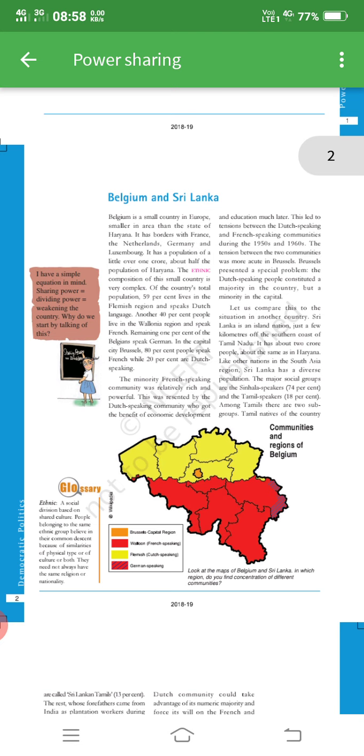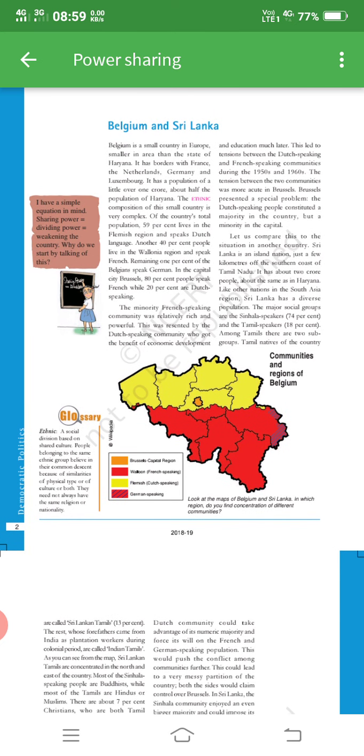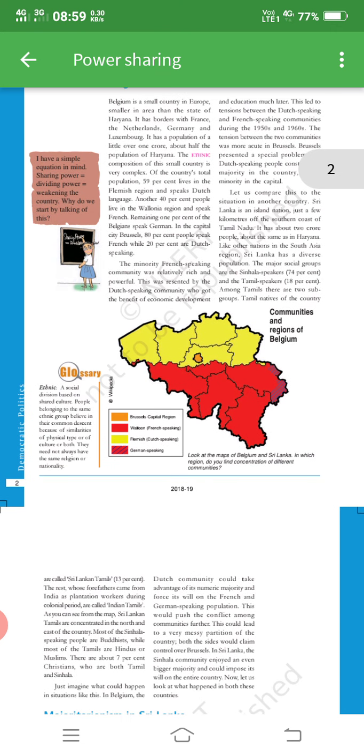Like other nations in the South Asia region, Sri Lanka has a diverse population. The major social groups are Sinhala speakers and Tamil speakers. The people who speak Sinhala are 74%, and the people who speak Tamil are 18%. Among Tamils, there are two subgroups, so they are divided into further groups. The natives of the country are called Sri Lankan Tamil. The Tamils who live in Sri Lanka are called Sri Lankan Tamil, and they are 13%. So the rest